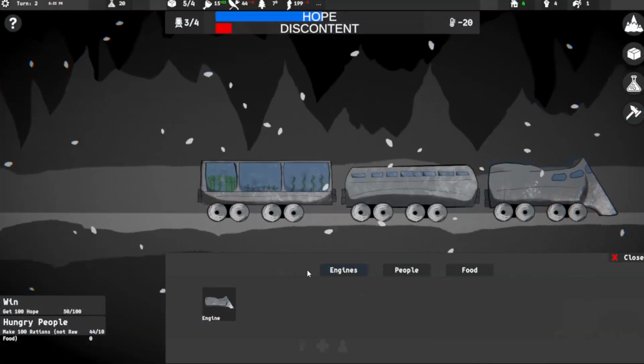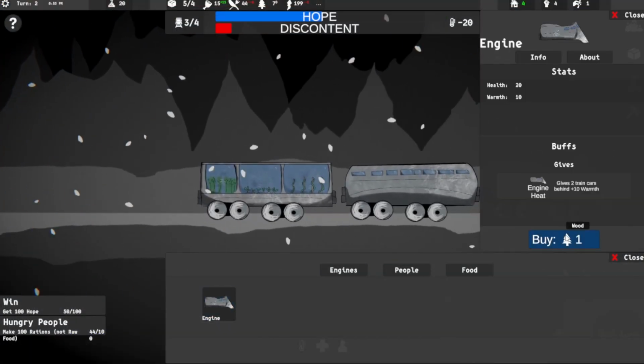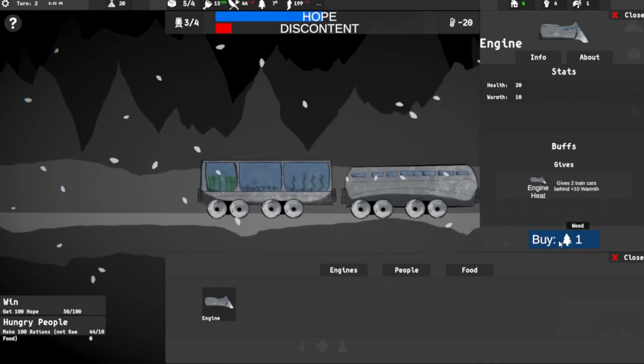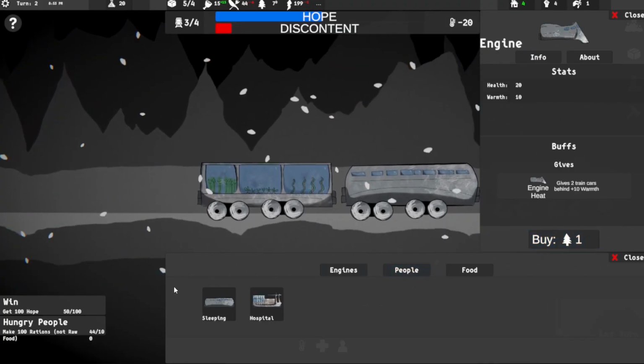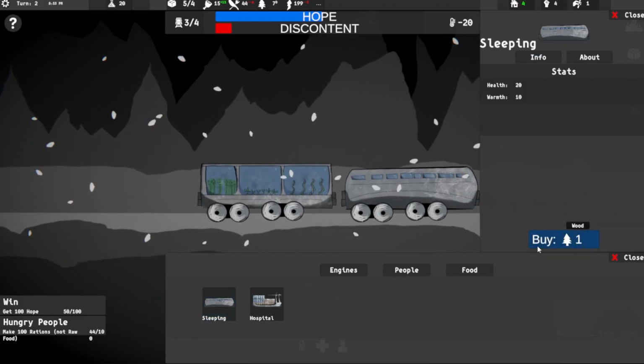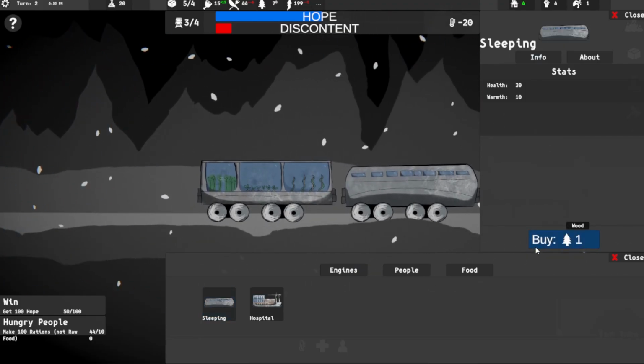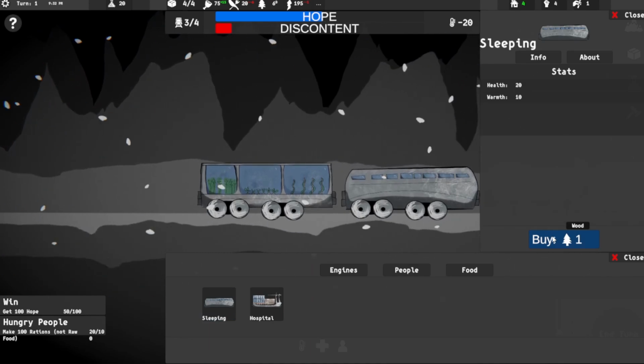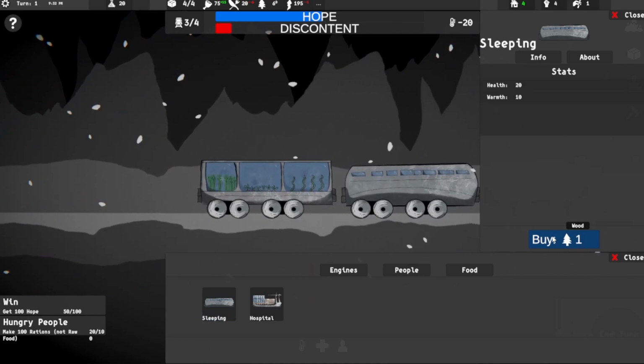One of those sounds is specifically the sound used when you buy, repair, or sell a train car. I wanted to use a combination of a couple different sounds to make it sound like you're either constructing a new train car, disassembling, or repairing it. So if I buy this new one,